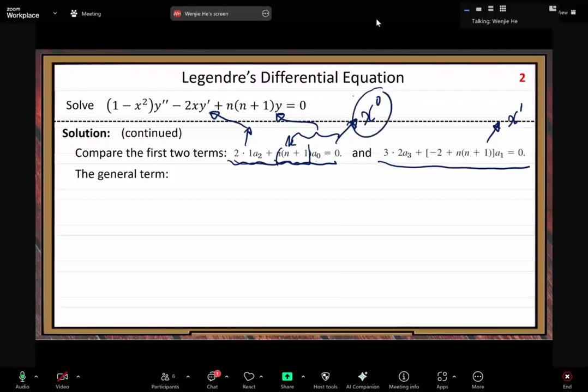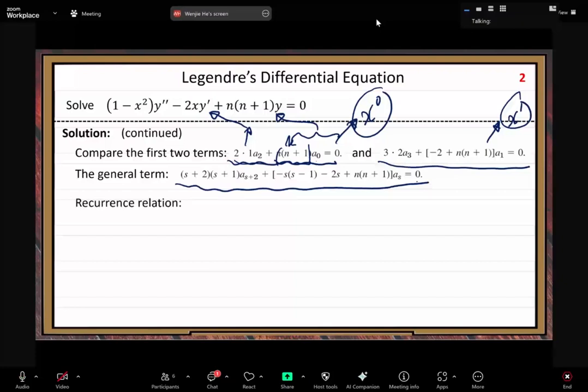For the first term and the second term, you have to do a special calculation; you treat them as special cases. But for the general term, you want to do it more efficiently, so you can use this way. There, you get a recurrence relation. So this is the recurrence relation. But when you get this recurrence relation, you need to